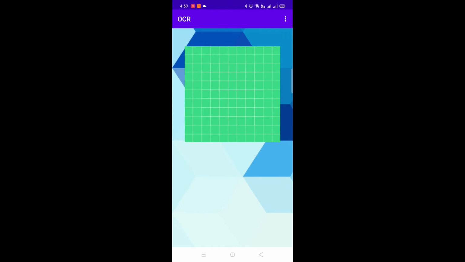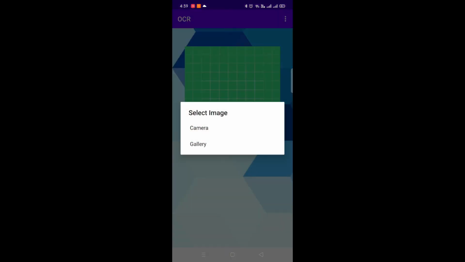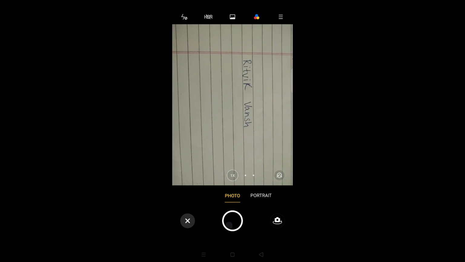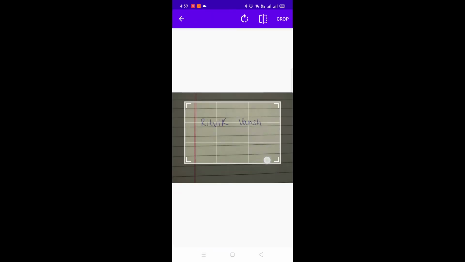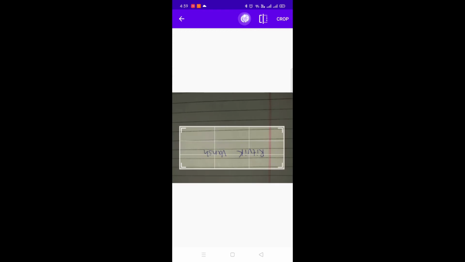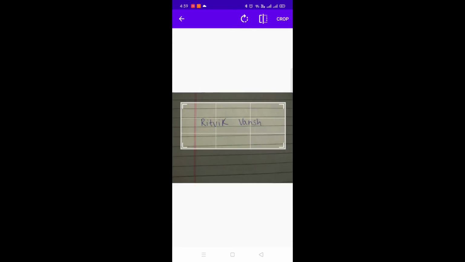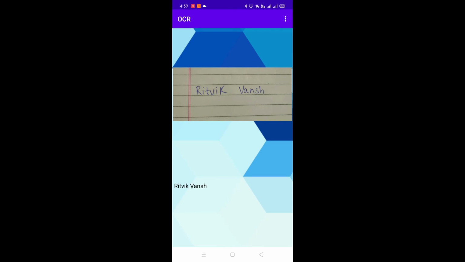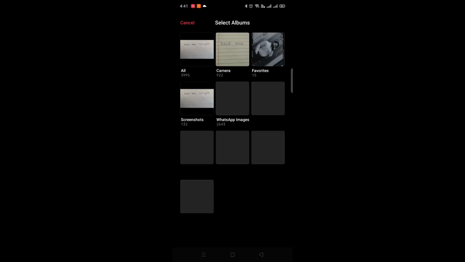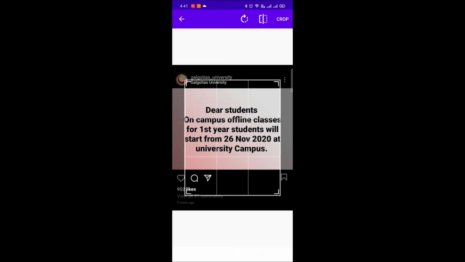When the user clicks the OCR button, the application is directed towards a new form. When the user clicks on the camera button, the camera of the device opens and the user is asked to click a photo for text conversion. The system then asks the user to confirm the photo and he further moves into the cropping mode. After successful completion of the cropping, the text is shown in an editable field from which the user can copy and paste it to the required area. The same procedure goes for the gallery button.